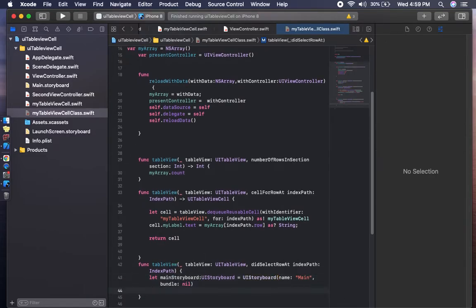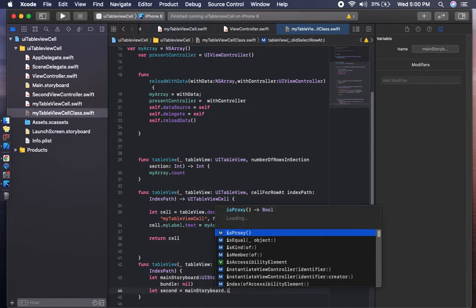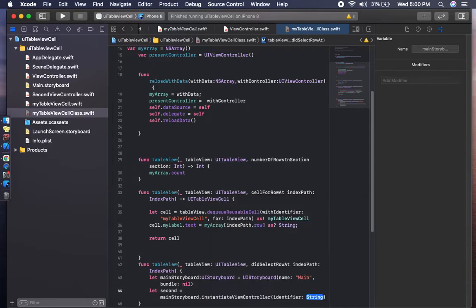So we start with let homeSecondClass equal to mainStoryboard.instantiateViewController with identifier.